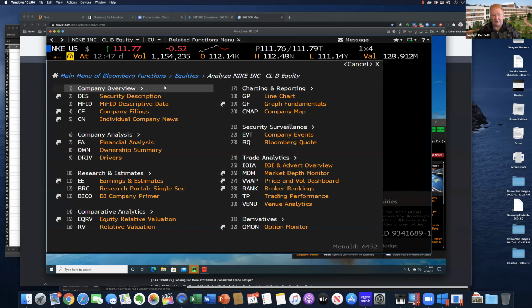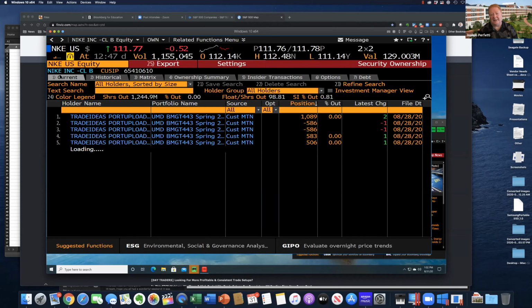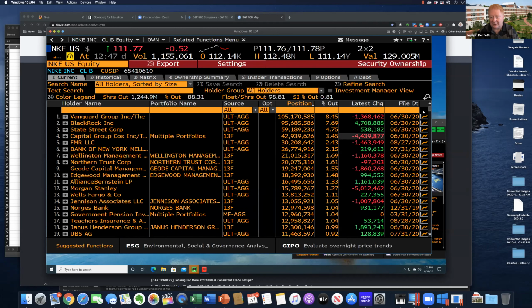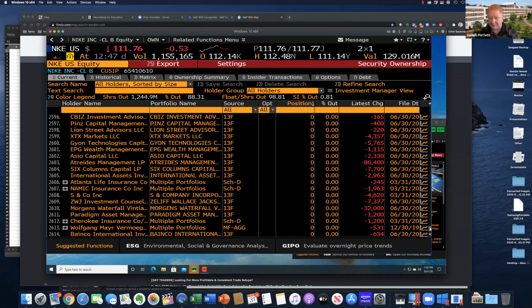And one of the things that I can do is if I look at the buy side, I can see who owns Nike. In fact, there's a screen in Bloomberg called OWN, Ownership Summary. And these are the institutions that own Nike. And I can see the types of institutions that own them. I can see who owns them, where they're owned. I can see shares of insiders. And if I click over here to current, I can actually see a list of all of Nike's institutional shareholders as a scrollable list from who owns the most Nike shares